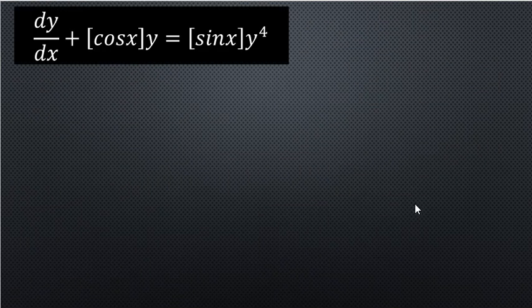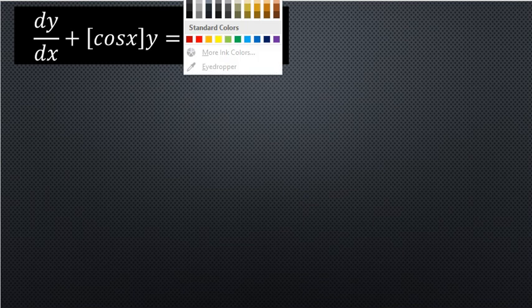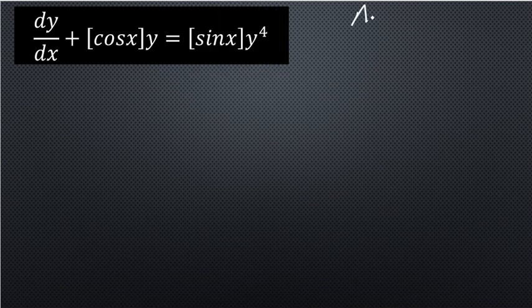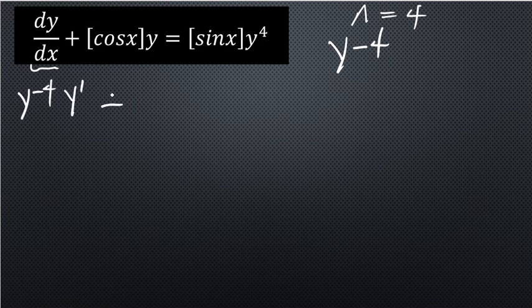This time we are given a Bernoulli's equation. The n is not 1, as you see here. The n is equal to 4. Therefore, if n is equal to 4, we can multiply each term by y to the power of negative 4. So dy by dx means y derivative. So y to the power of negative 4 times y derivative plus cosine x times